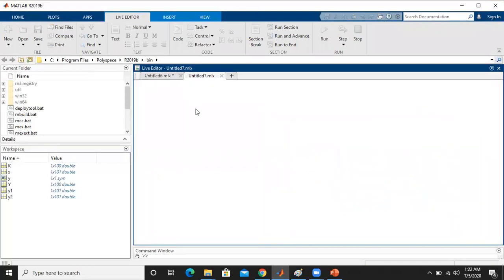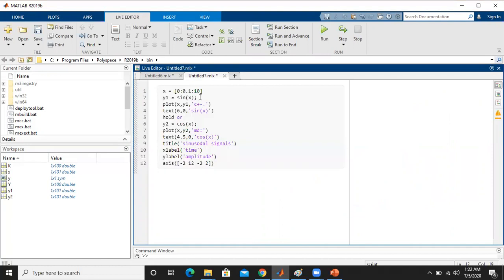Now add another live editor window, right? Just type it. Now we want to plot these same two signals, right? So y1 and y2, just take this y2 and paste here. So we have taken the x range. For the same x range, we are going to plot y1 signal and y2 signal.